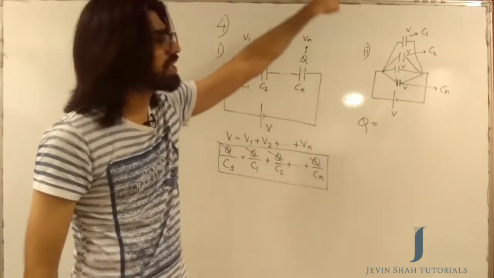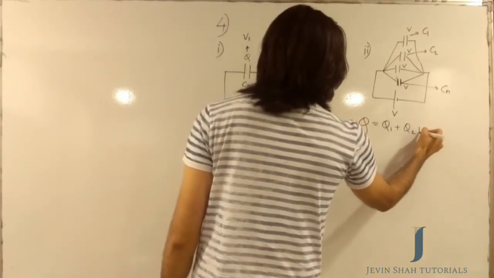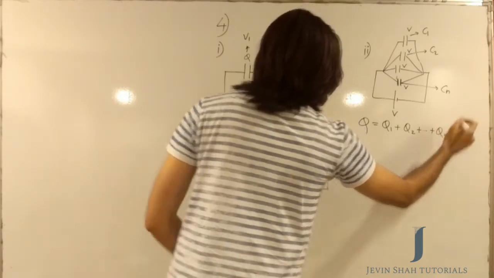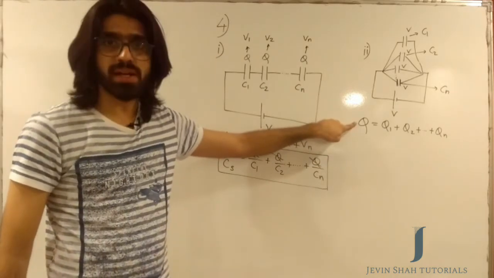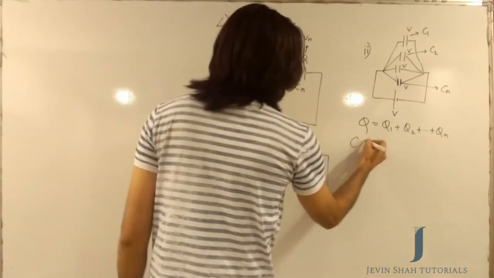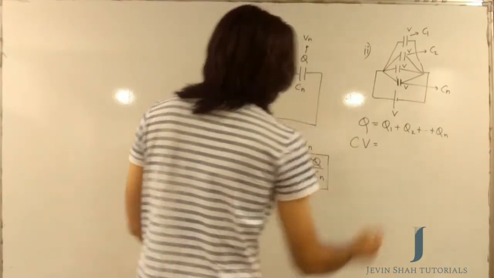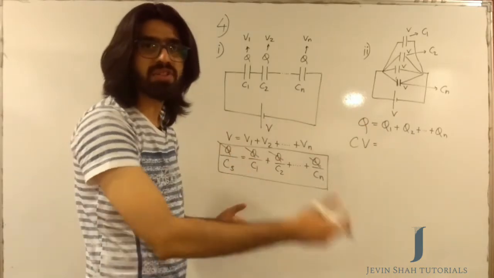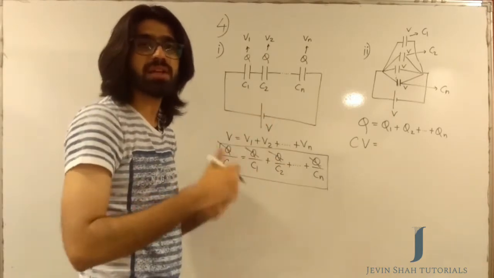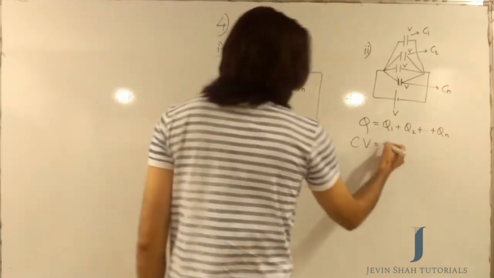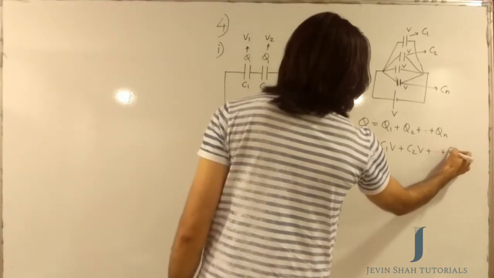The total charge that you have generated is going to be Q1 plus Q2 and so on up till Qn. But you've learned that Q will be equal to CV. The total charge generated will be the total capacitance multiplied by the potential difference of the battery, or the EMF of the battery. Q1 can be written as C1V1, but because the potential difference across every capacitor is the same, instead of V1 we can write it as V for every capacitor. So we will have Q1 written as C1V plus Q2 written as C2V plus Qn written as Cn into V.